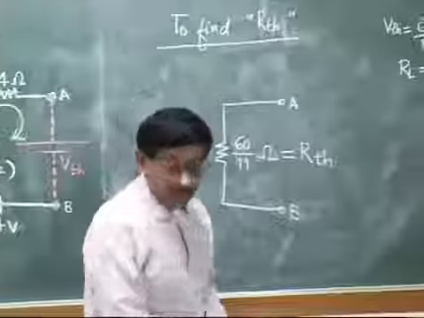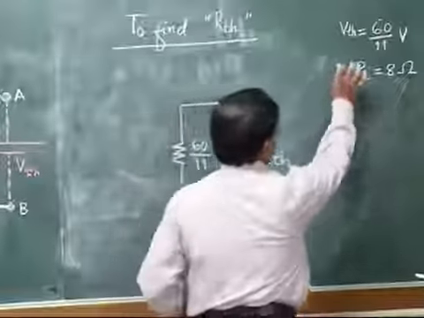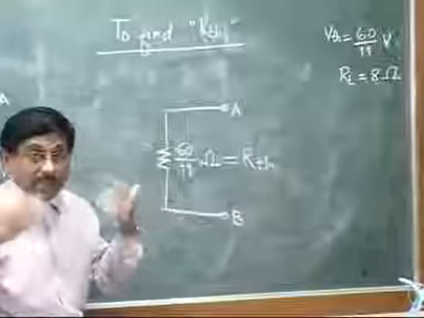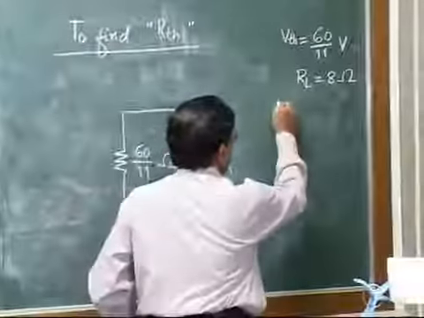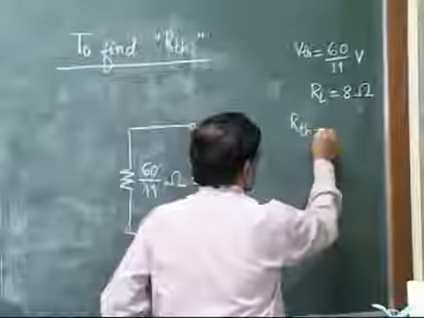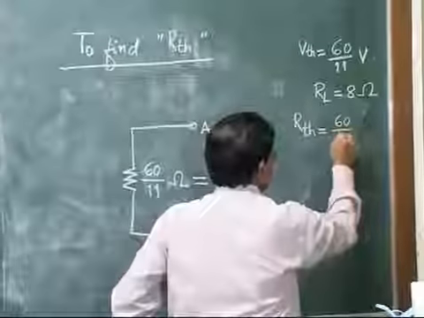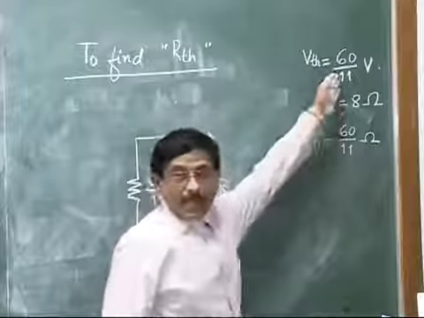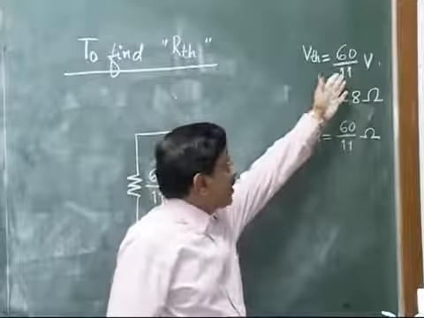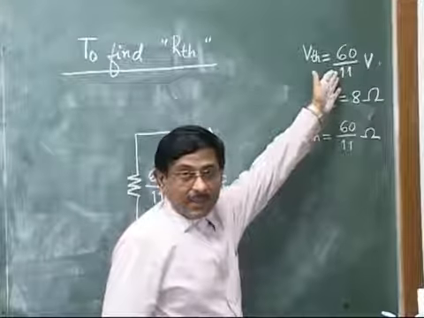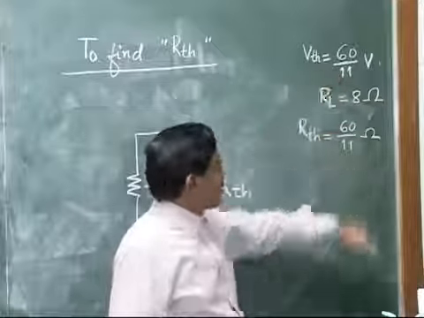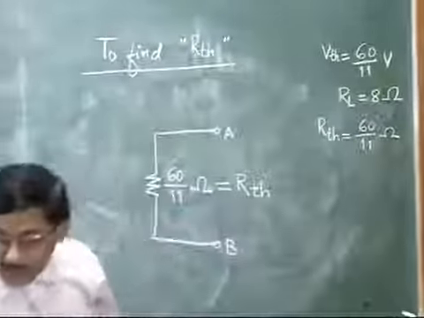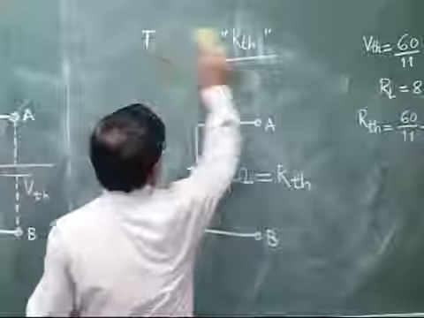So third value that we needed, I will write it here. We are compiling the answers in each step. So here RTH I will write as 60 by 11 ohm. Now maybe these two values you are getting same is just a coincidence. Okay, it is not every time like that. So these values we have got in all these first 4 steps, and finally